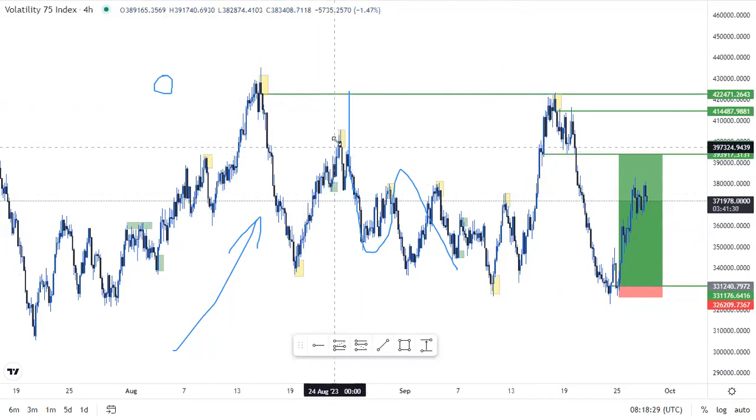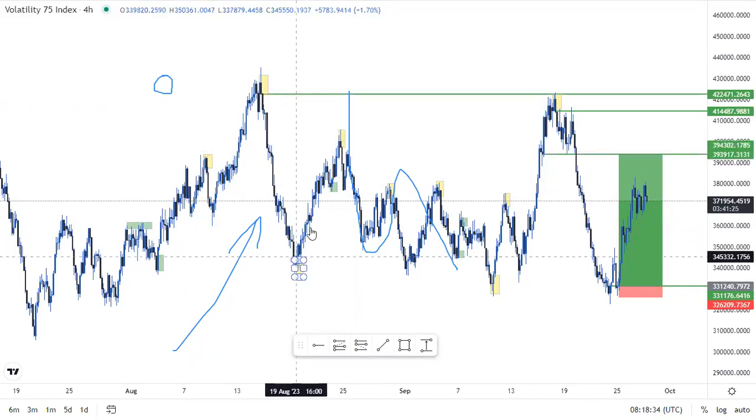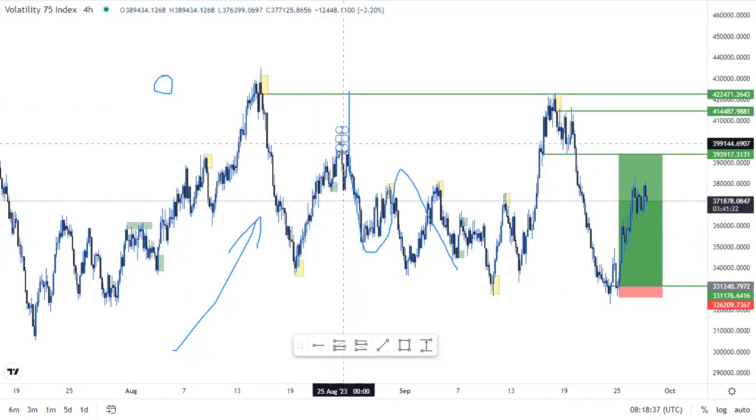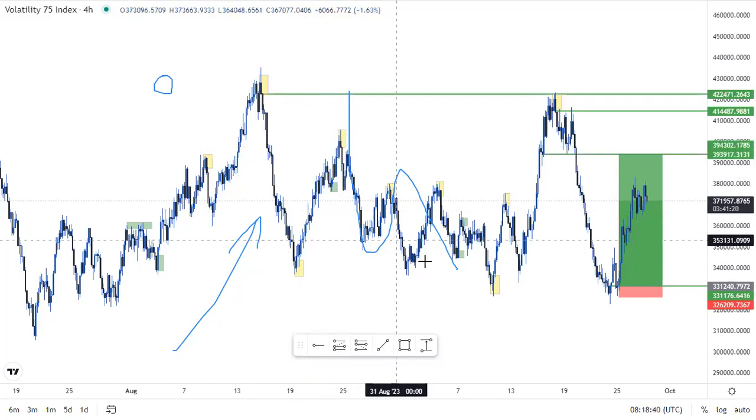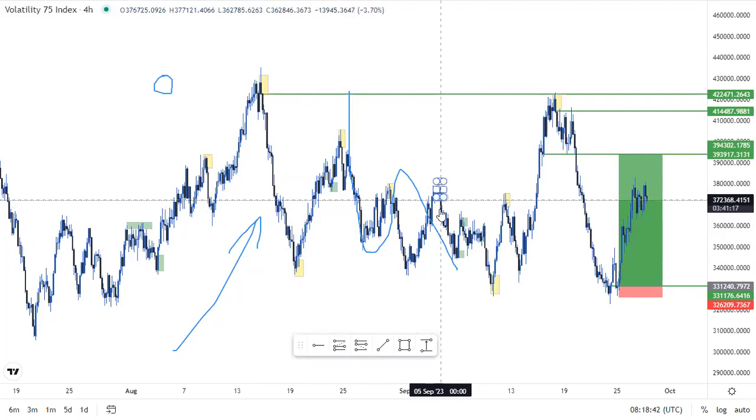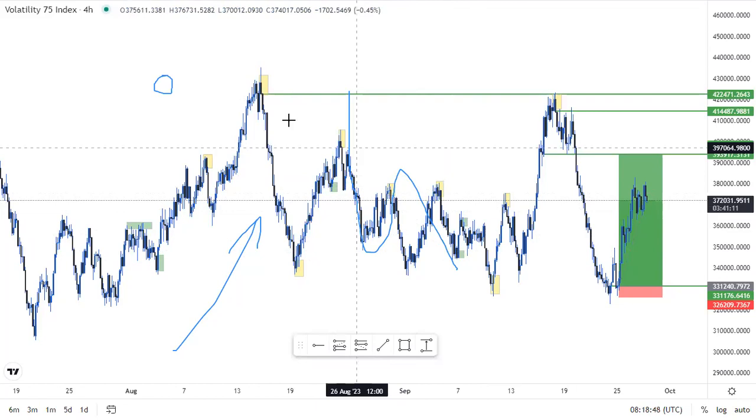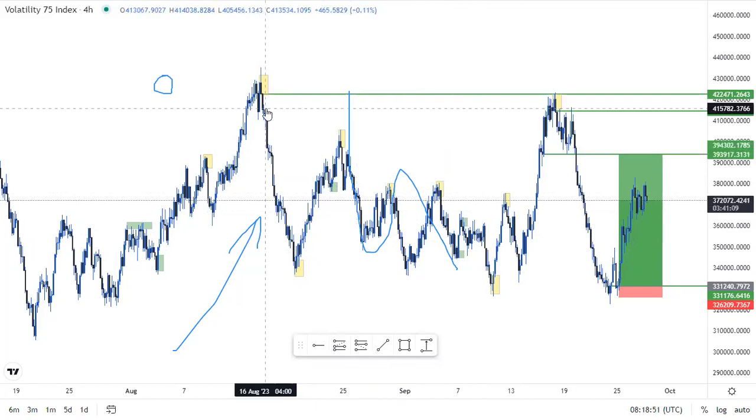Same thing for this other one here. You can see it's also a major point. Price was in this uptrend, then after this swing point, price started to drop and created a downtrend. The same thing here: price was in the uptrend, then after this swing point, price started to drop. So the major swing points are the ones that create a reversal and initiate a new trend. It can be a short-term trend or a long-term trend, but as long as it results in a shift of the trend and initiates a new trend, we term it a major